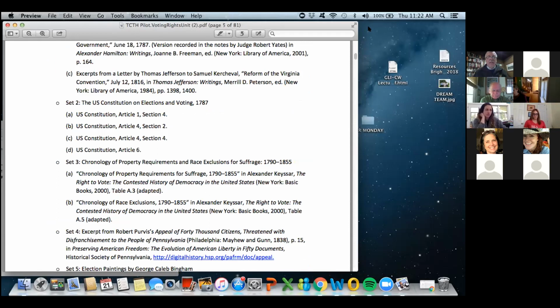Just taking a look, you have the opportunity to look at the Constitution, what it says. We talk about the Constitutional Convention. Only about 1% of the time of the Constitution's construction was devoted to voting. And then as time goes on, obviously in the Civil War era, the expansion of voting by way of the 13th, 14th, and 15th Amendments.